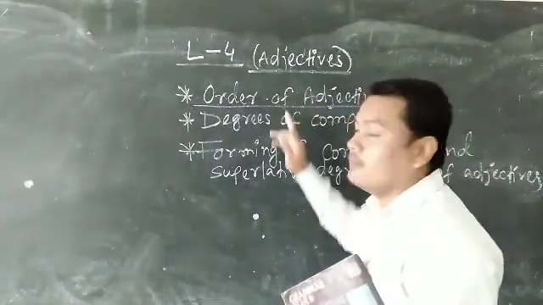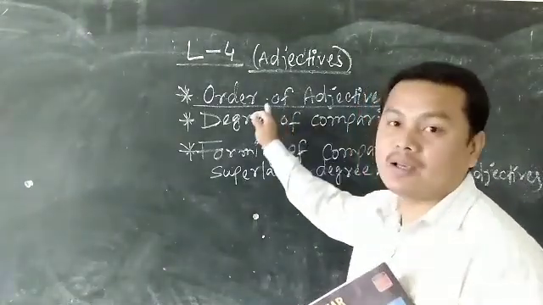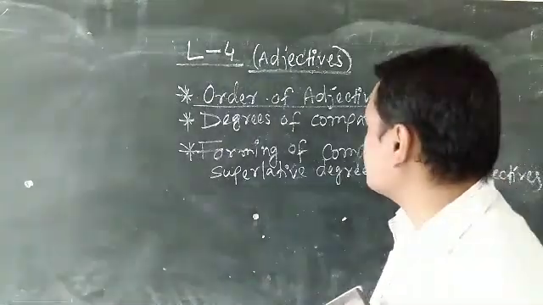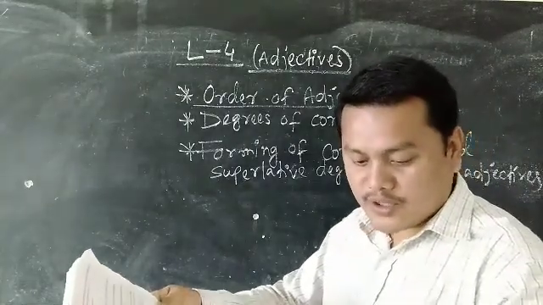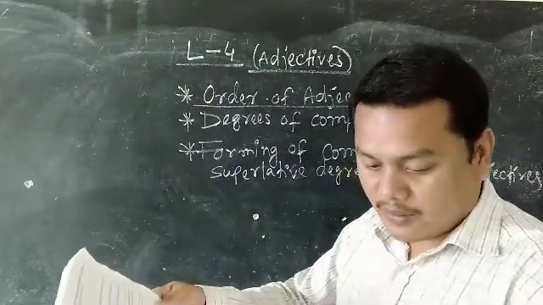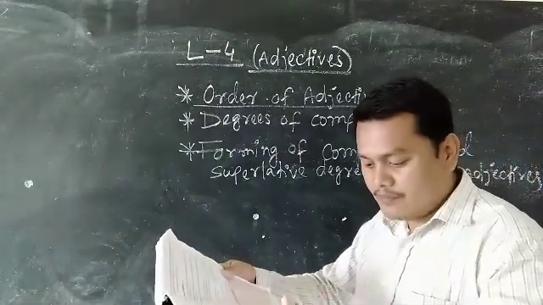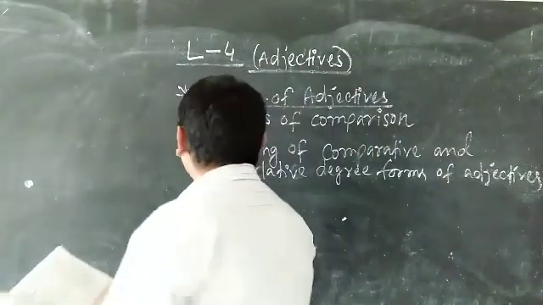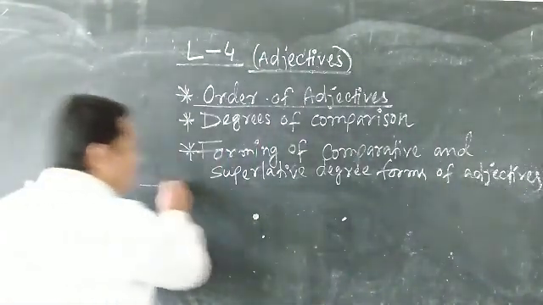So this point is very important. Unless we know this point, we often make mistakes while writing or while talking sentences. So my dear students, you please check your book on page 20. There is a table, write 2 more adjectives for each category. It's given there. But you see, the order of using the adjectives is